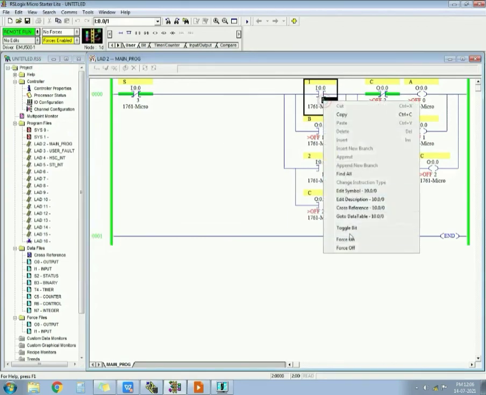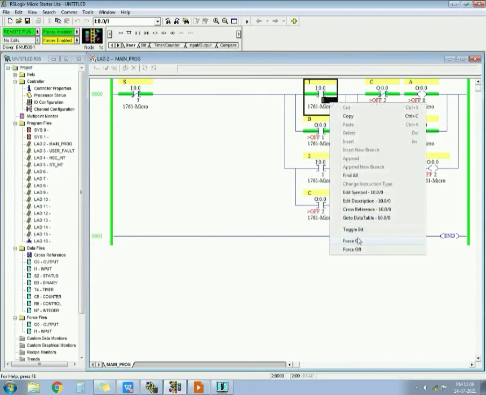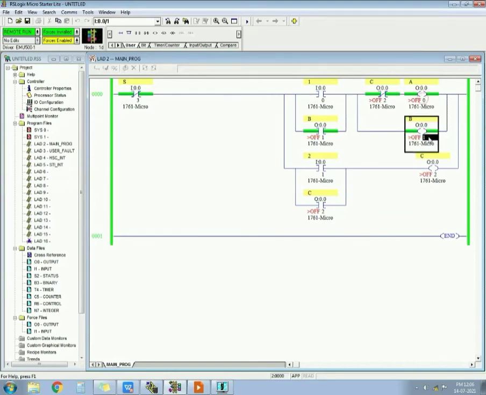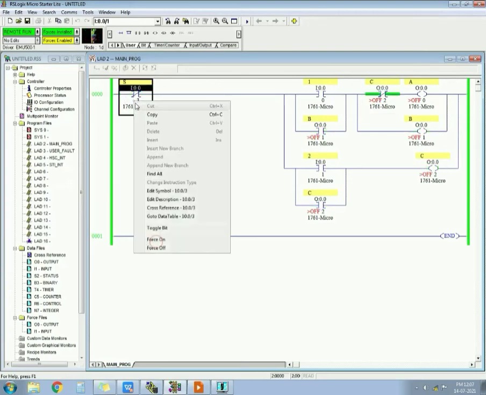just force on. When start push button is pressed, output A, B gets on, see. But you have to take latch with the B, because B will remain on. When second push button is pressed, output C gets on and output A gets off, because I have taken NC of this output over here, so it will break the circuit of output A. When stop push button is pressed, all outputs get off.